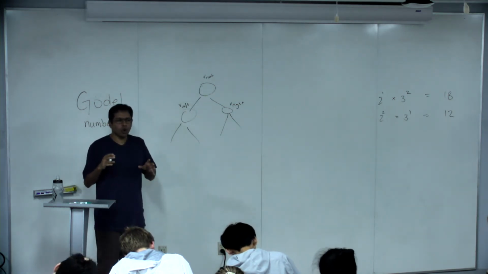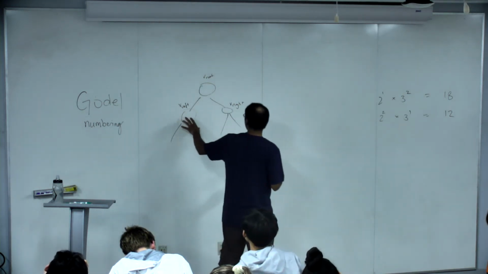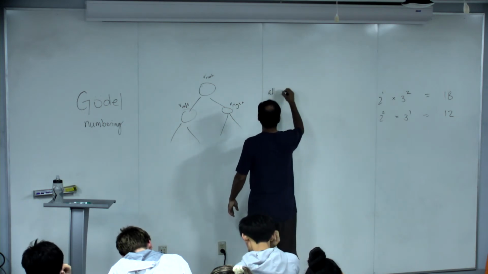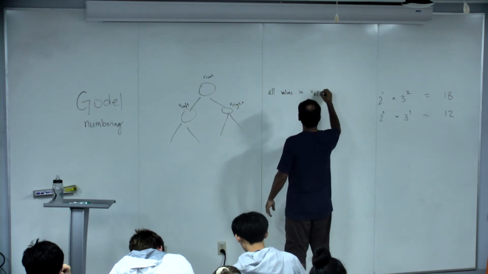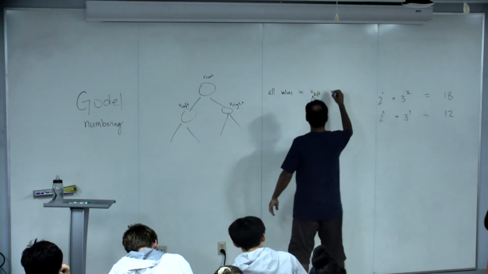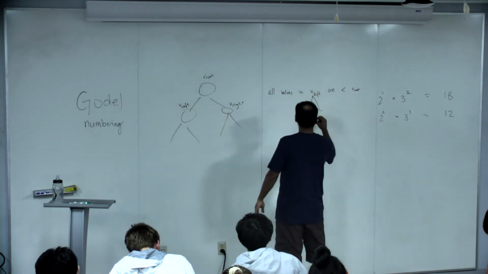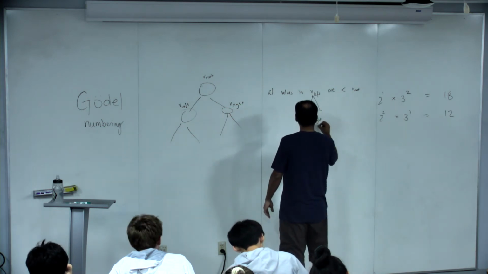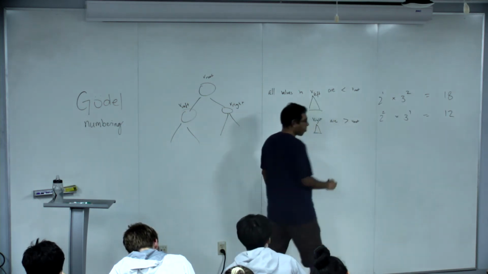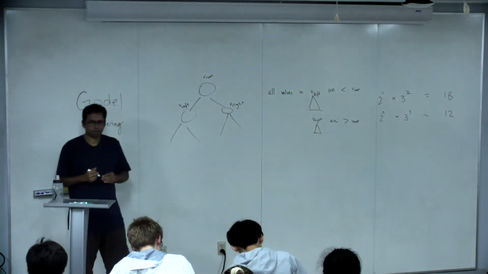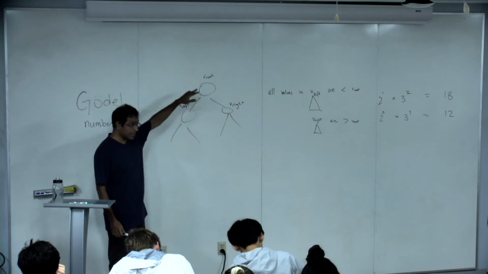And I'm going to take the rule that all the values on the left are less than the value at the root, where less than is in this funky ordering,